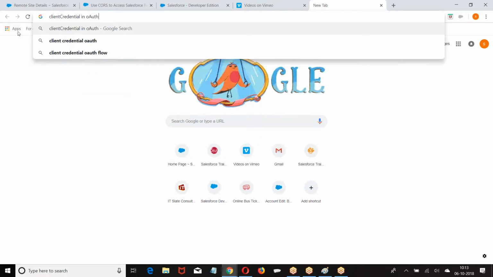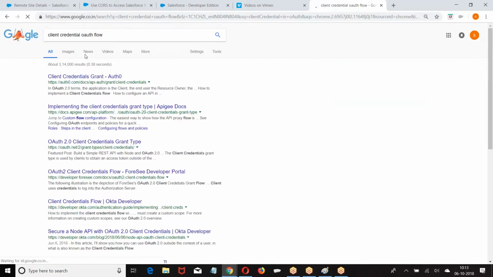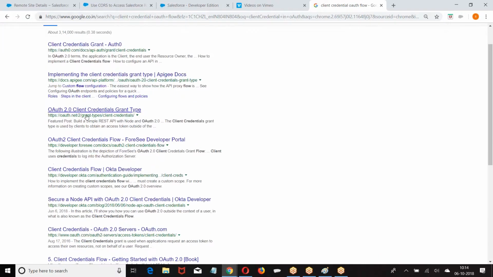Now, in some of the third parties, don't look at Salesforce. From Salesforce, you are connecting to a third party. What the third party system is supporting, all the security systems, you have to understand. If you are Salesforce, if you are a service provider, whatever you tell, the client will obey. But now we are connecting from Salesforce to a third party. Whatever the third party system is going to support, we have to understand. So the third party systems are going to support the client credential format.